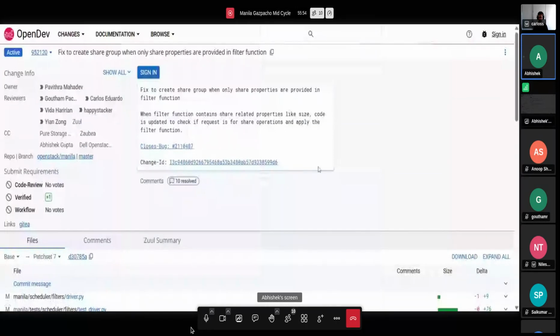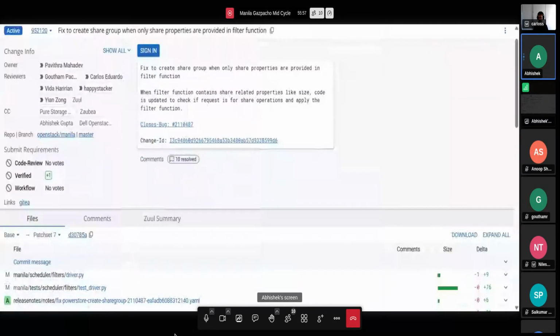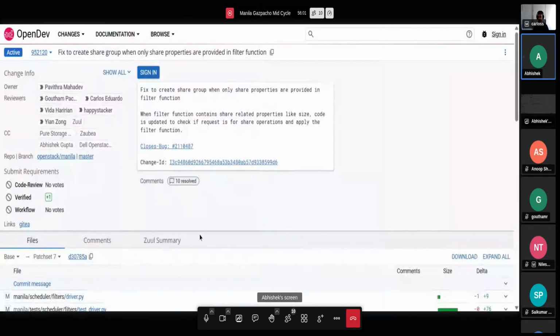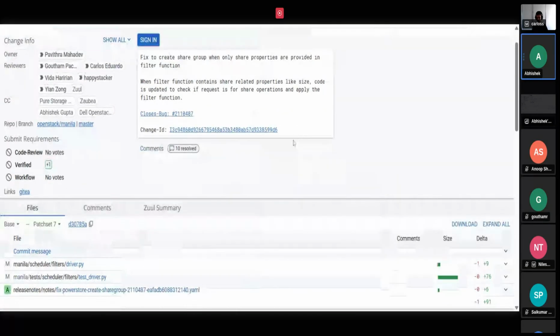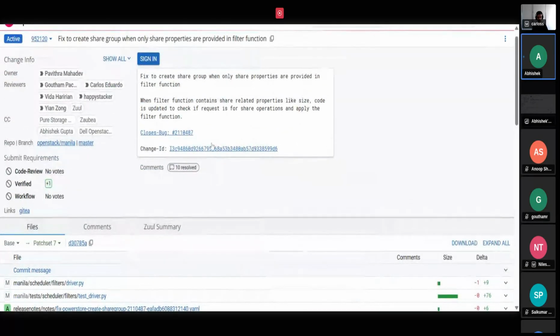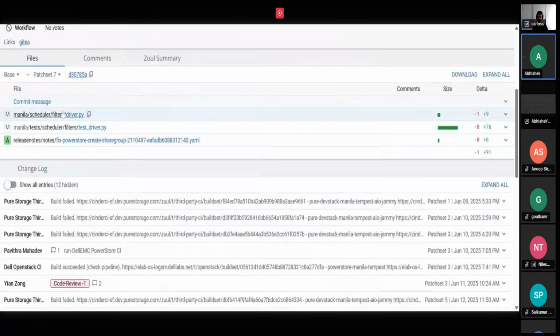Okay. So this patch was done by one of our team members, so I'll try to cover this. This is related to one of the launchpad bugs which was open in Dell PowerStore: creation of share group was failing. In this patch, the member has worked on a fix to create a share group when only share properties are provided in the filter function. I think it is a straightforward fix. If you go to the driver file,